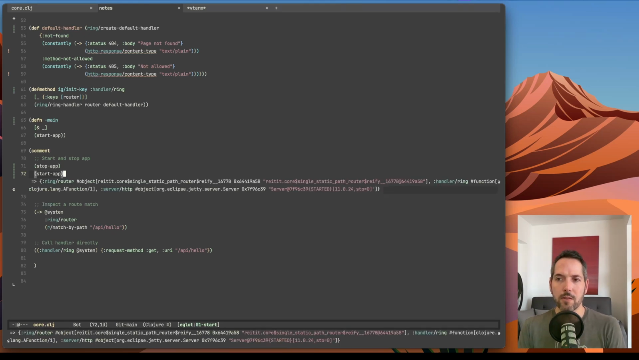Okay, the results of starting the app are shown here in line in my editor. So it's a map, it's a Clojure map. And so all the values have been replaced by objects. So we have the Jetty server, which is here. So these are all Java objects. There's not much to inspect here anymore,